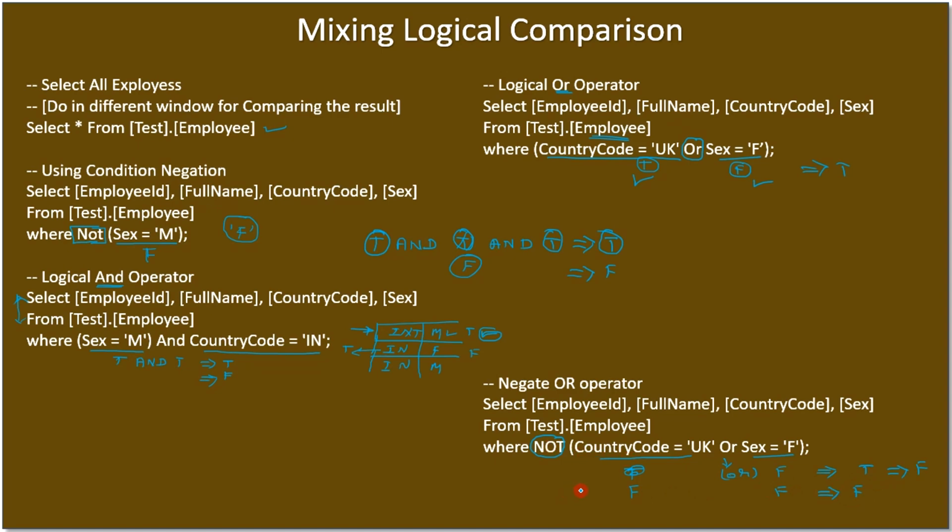But here when we are applying not, this will go as true. That means the intention here is to qualify the record when country code is not UK as well as sex is not female. So you can apply not on both the conditions, where country code is not UK. This is OR, right? When we are using not, you should think of AND. So country code is not UK as well as sex should not be female. All right,